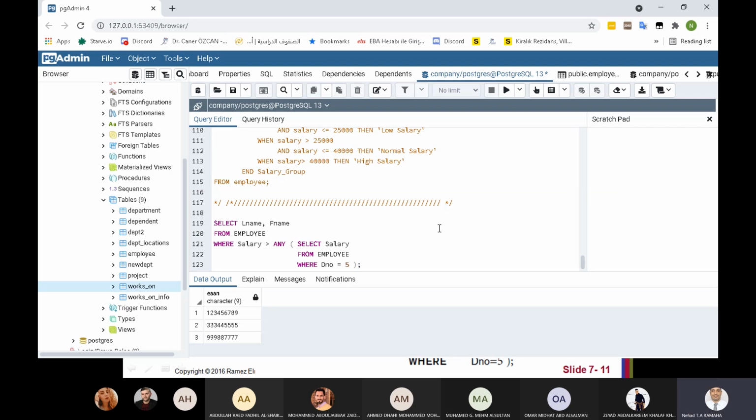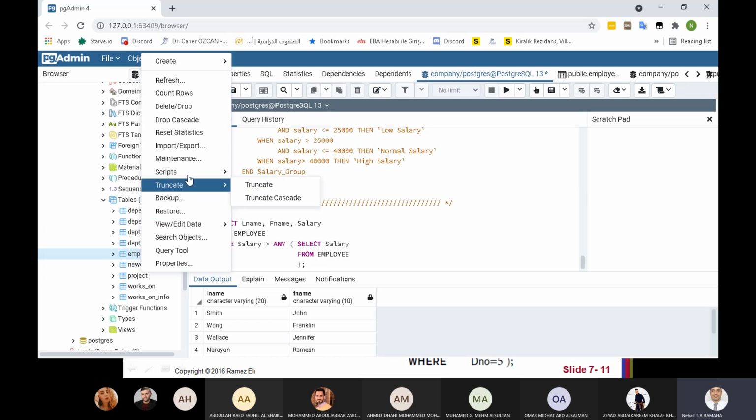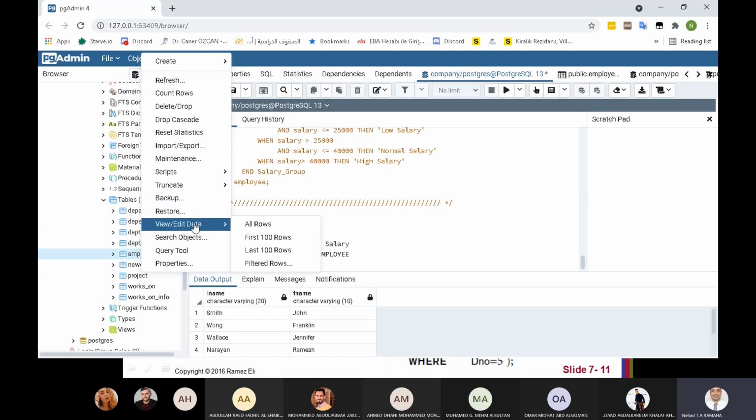So let me make it. Select salary from employee. Okay, let me also print his name and his salary, because we want to make sure that it's a correct result.